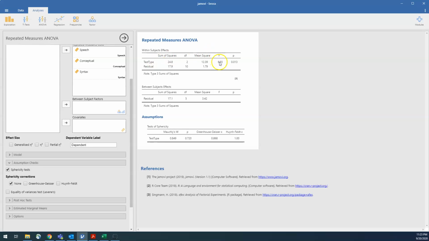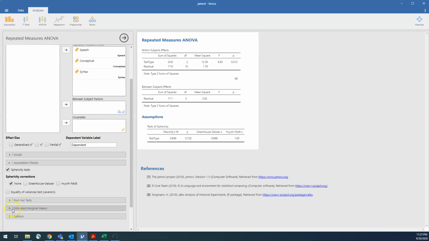The F statistic is pretty large. It's far bigger than 1, which is what we'd expect it to be just by chance. The p-value is less than 0.05, so we have to conclude there is a difference between some of these conditions. Now, right now, like I said before, we tried to go and run some explorations, some bar graphs and stuff like that. We couldn't do that, so we don't really know what the mean differences look like. We haven't asked for descriptive statistics or a bar plot or anything, so we don't know what the means look like for speech, conceptual, and syntax.